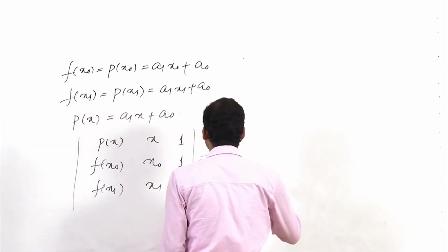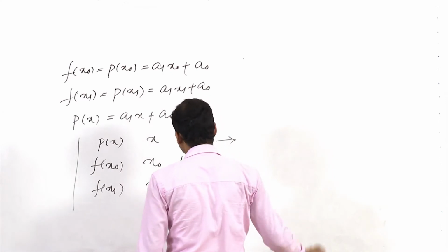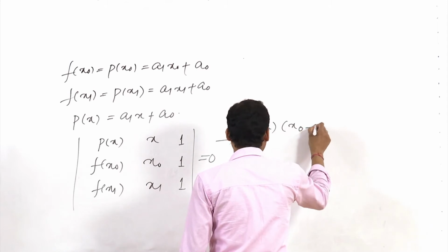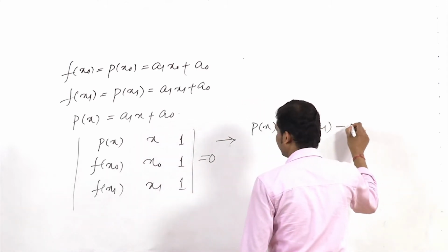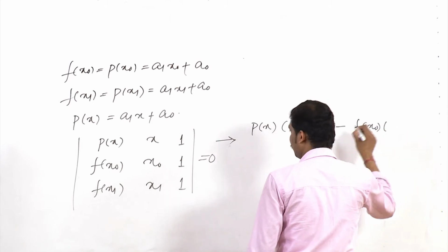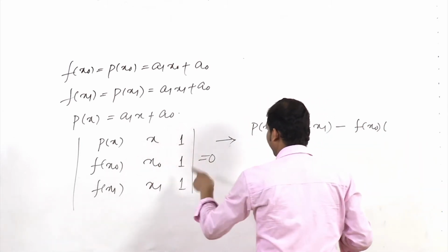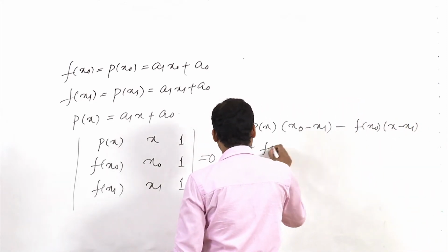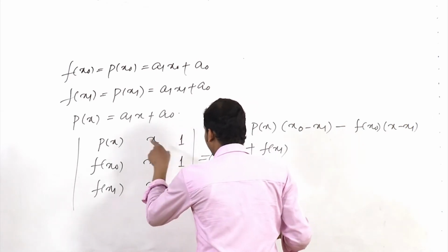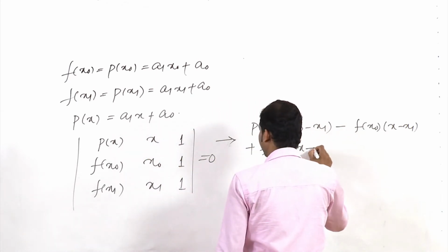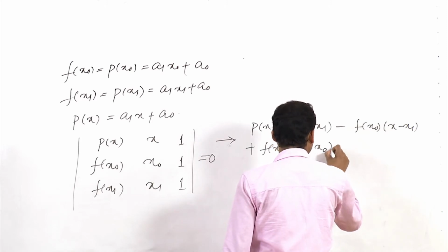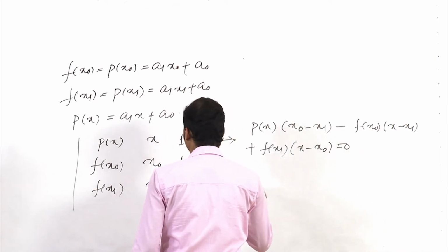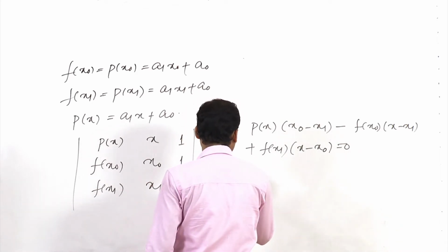If you just expand this determinant here, we can obtain that p of x into x0 minus x1 minus f of x0 into, if you see, that is x minus x1 plus f of x1 into x minus x0 here, this equals 0. If we want to find p of x, the polynomial to be determined here, then it can be